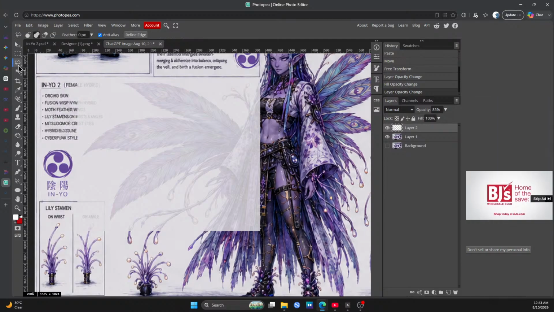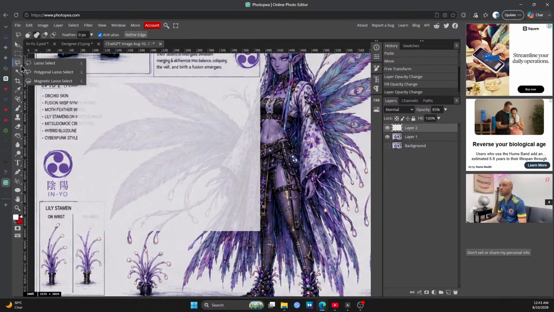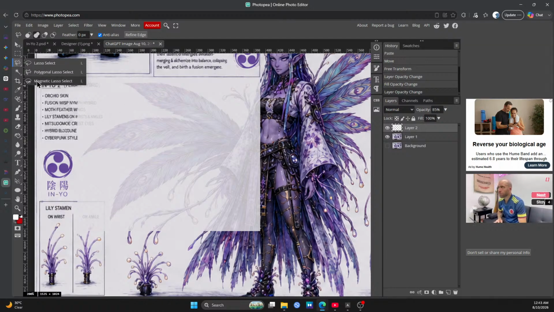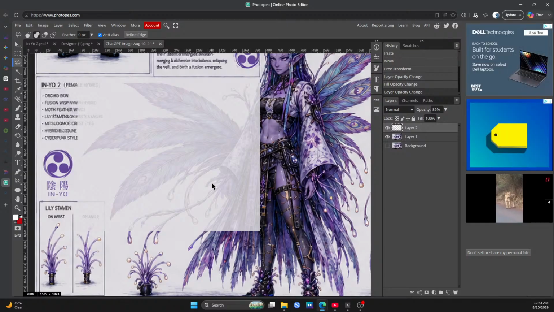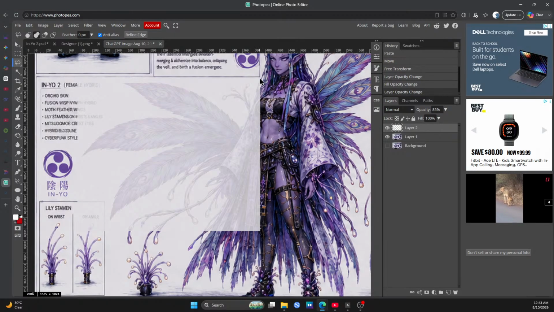So what I tend to do is I'll get the lasso tool, drop open the submenu, and I'll make sure I have polygon lasso select. The reason is you're basically making lines. The lasso select you draw, and then there's the magnet. But you want to use the polygonal lasso select because you want to make geometric etchings. Okay, so